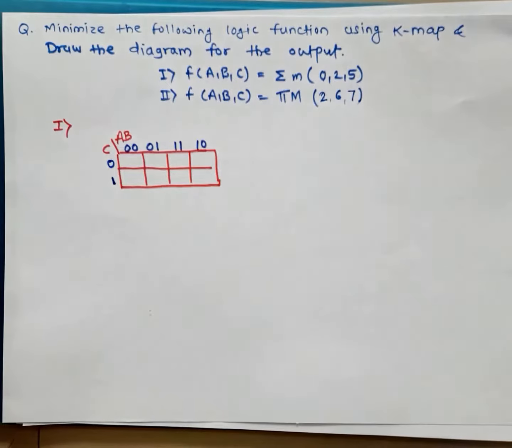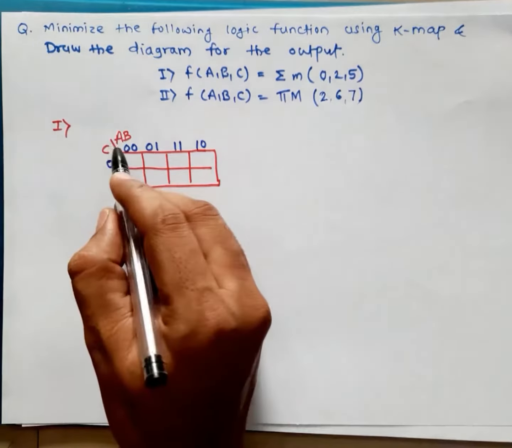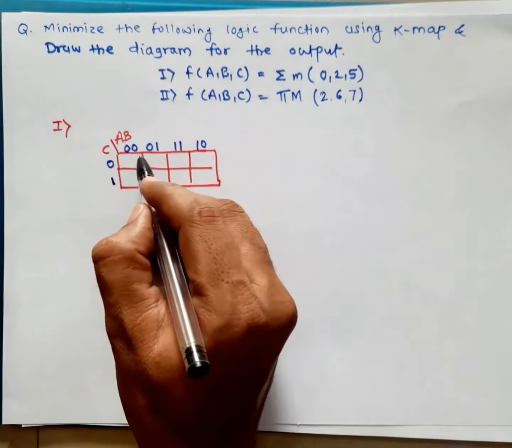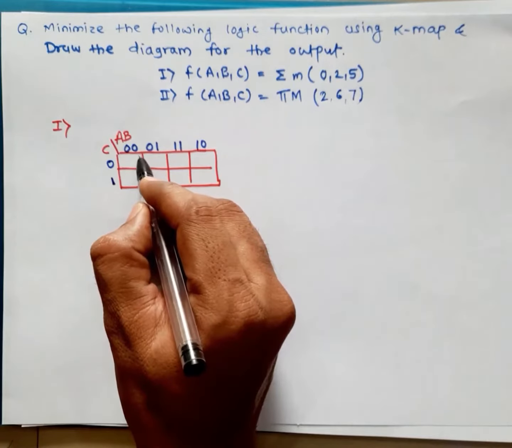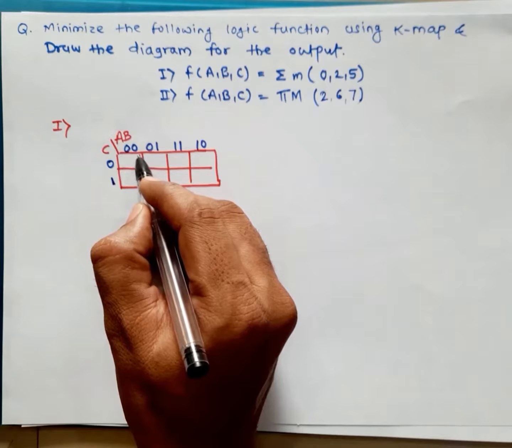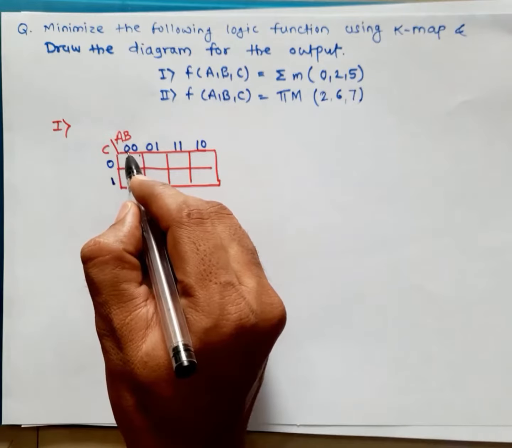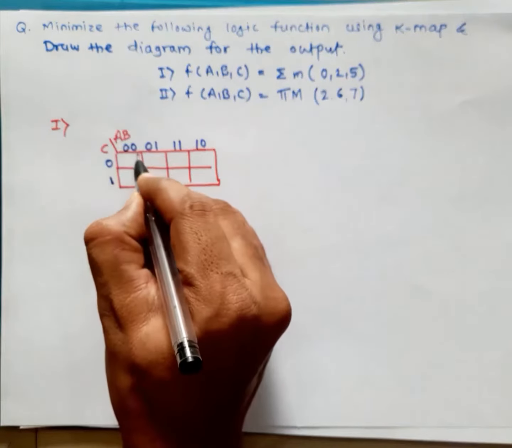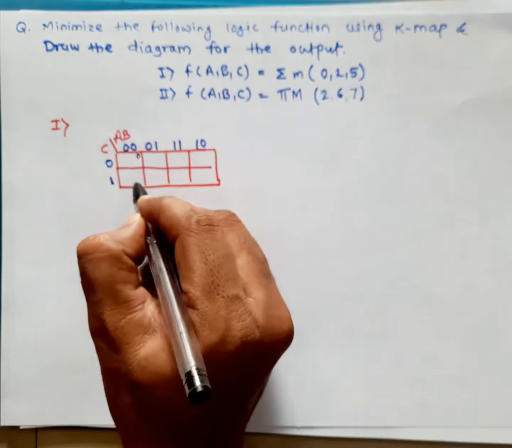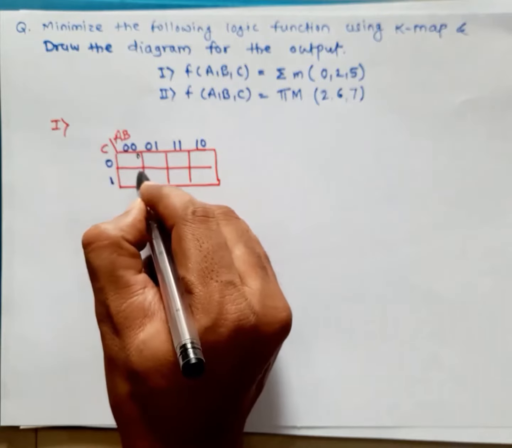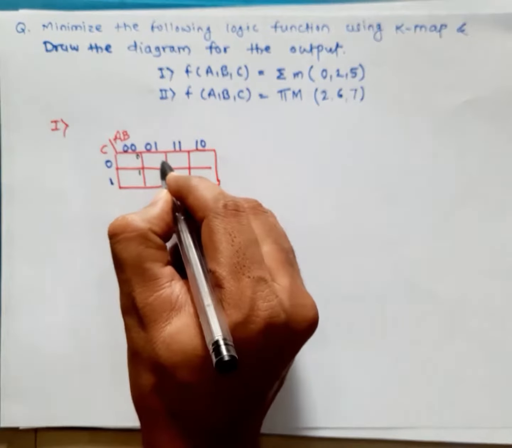Next step is, you have to assign the cell values. So as per the positions of your variables, you need to assign the cell values. You can write down the cell value here at the upper right corner. So for this cell, A, B and C all have a 0 value, so the cell is 0. In this case 0 0 1, value of C is 1, so this cell's decimal value is 1.